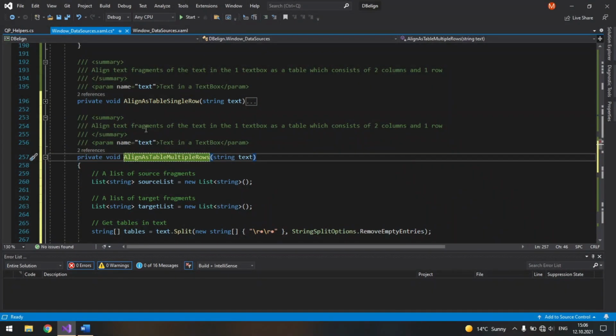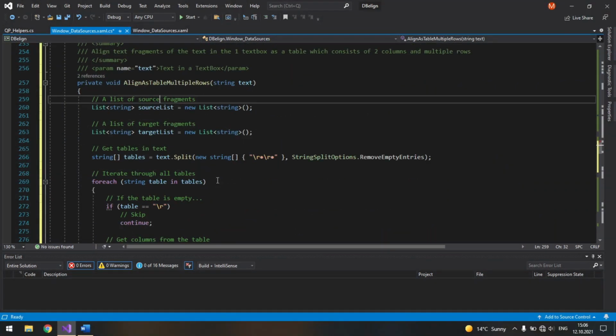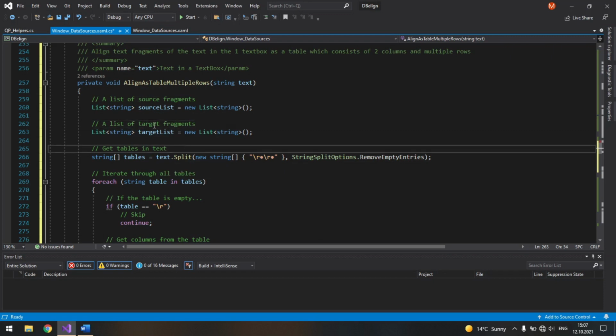Align text fragments of the text in one text box as a table which consists of 2 columns and multiple rows. Again, we have a list of source fragments and a list of target fragments, and actually the difference is quite bigger than it might seem, because right now we start to get rows in the table.